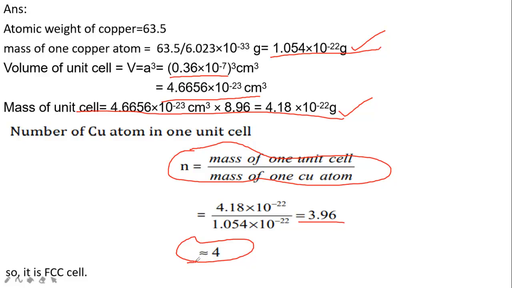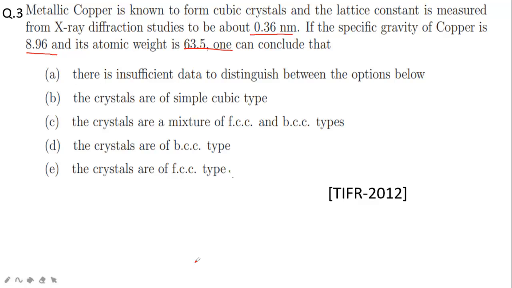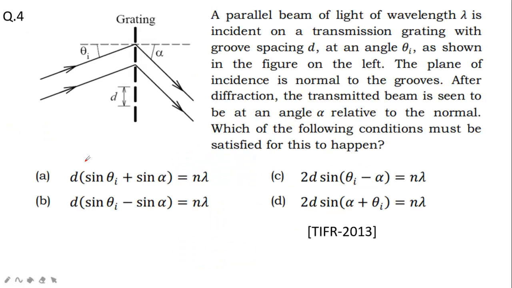Now, by this we can conclude that it is FCC cell. Why? Because in a FCC structure, the number of atoms in one unit cell is 4. In BCC, the number is 2. In simple cubic SC, the number is 1. So the correct answer is E. The crystals are of FCC type. This question was from TIFR 2012. Moving ahead, question number